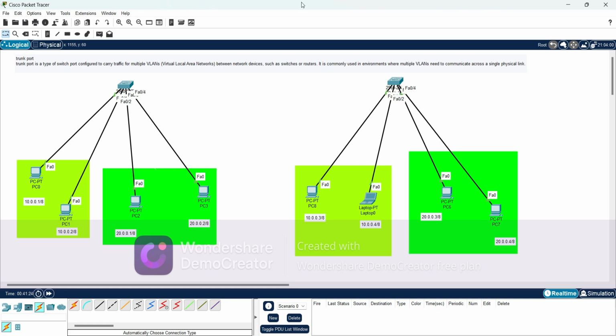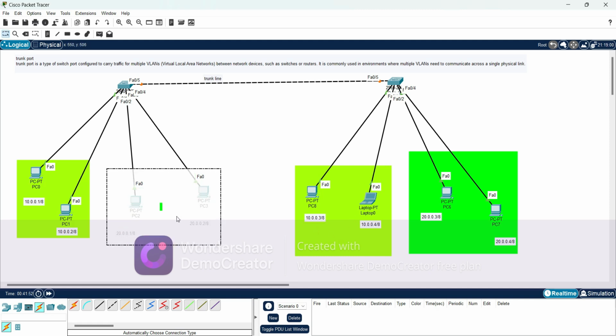So in that way, here this is the trunk line. I'll configure these interfaces as trunk line so that PC0 and PC1 can communicate with PC8 and laptop 0. PC2 and PC3 can communicate with PC6 and PC7. Okay, so quickly